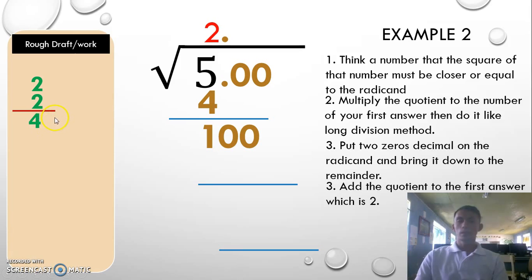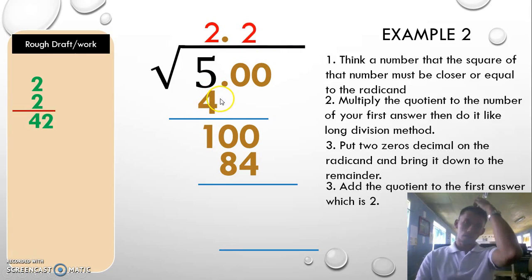To be put here, then you multiply it by that 40s. The answer should be closer to 100. What do you think? Alright, so you have 2, since 42 times 2 is 84. If you try 3, it is more than 100, so it cannot be. So you divide by 2. Then you put 2 in your quotient. Again, do it again. You have 84. Then 100 minus 84, you have 16.